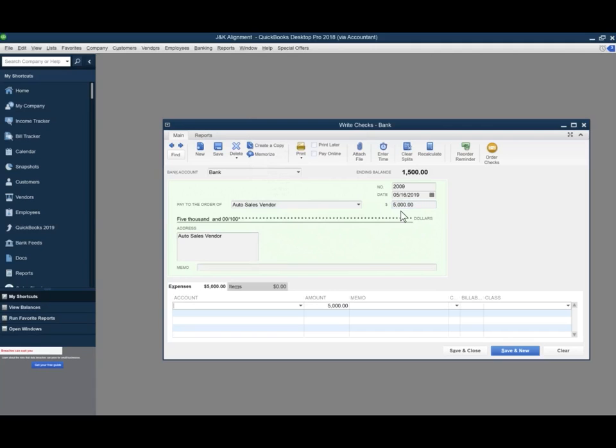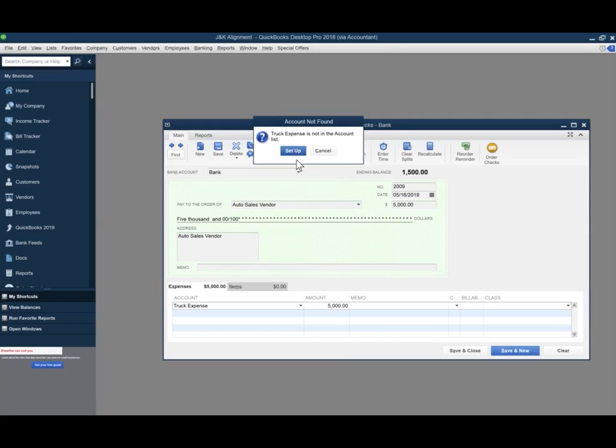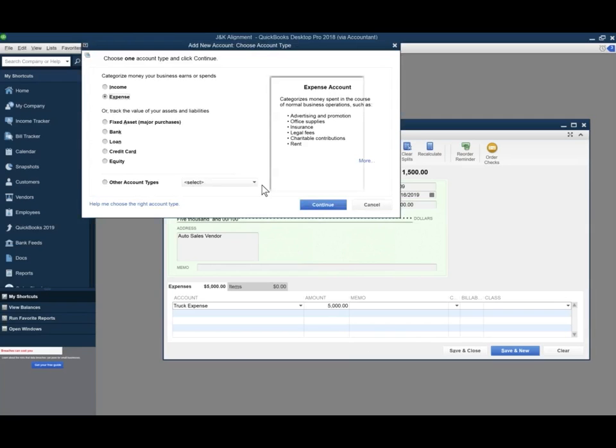Now, since you're writing this off as an expense, it's not going to sit on your balance sheet because it's an expense. And if you were buying it as an asset and depreciating it, it would go on to your balance sheet. And this is something you should definitely ask your accountant how they want you to record it, whether it's an expense or whether it should be carried on the balance sheet. But to record it as an expense, you could just put truck expense or vehicle expense, or you can call it whatever you want. Expense, continue,